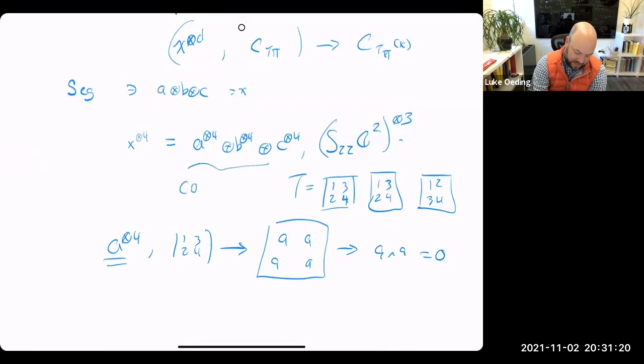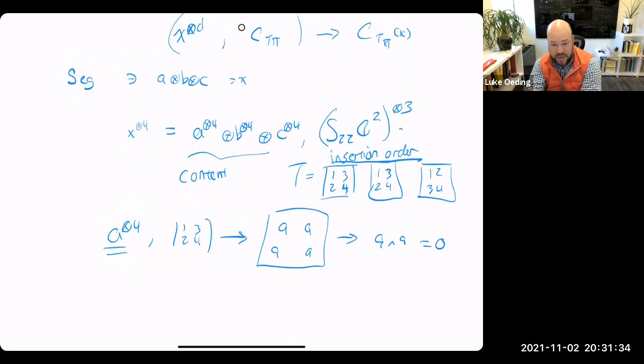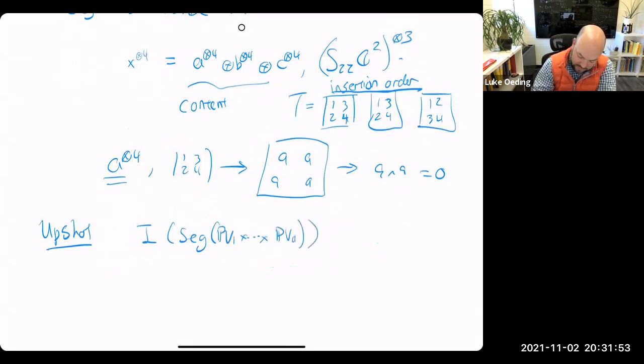I take, sorry, I didn't say this. This is going to be my content. And this is going to be an insertion order given by the tableau. And then I apply the Young symmetrizer algorithm to the tableau with the letters coming from the content from the point that I wanted to evaluate at. And so here's the upshot, is that the ideal of the Segre of any number of factors, PV1 cross PV sub D, contains,